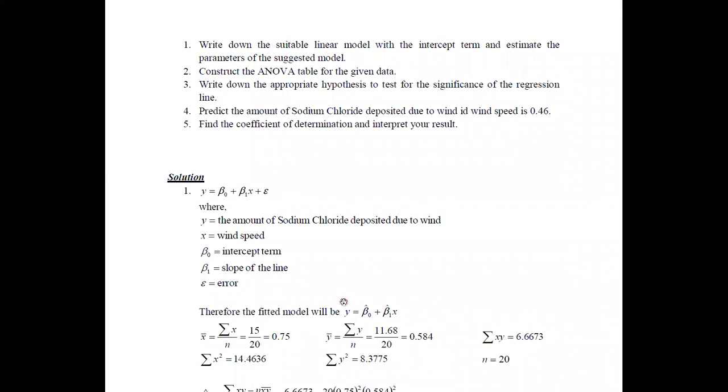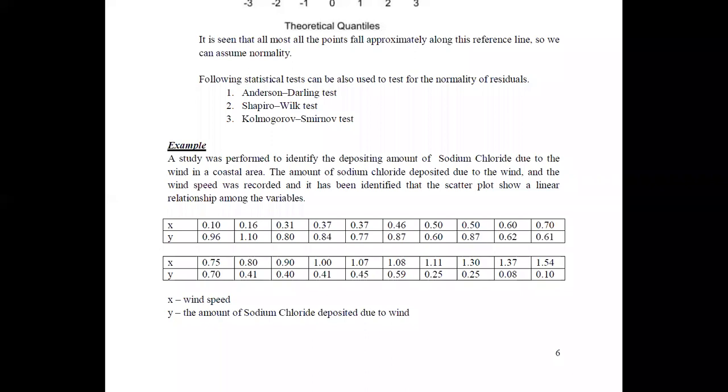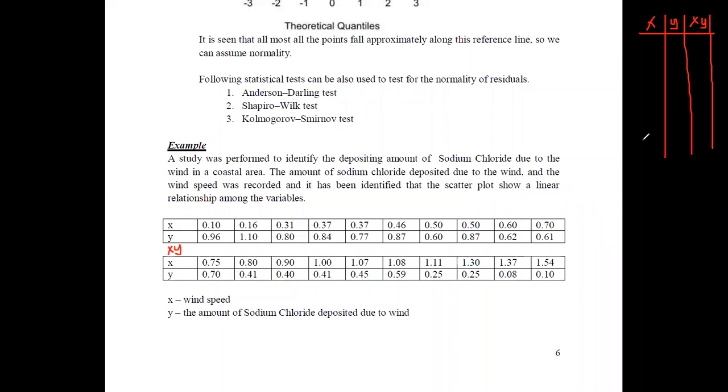Thereafter, we need to take the summation of xy. If you are using software, you can do this easily. Otherwise, you need to make another row for x and y, and thereafter obtain a column for xy. For these three columns we need the summations: here the summation of x, here the summation of y, and here the summation of xy.